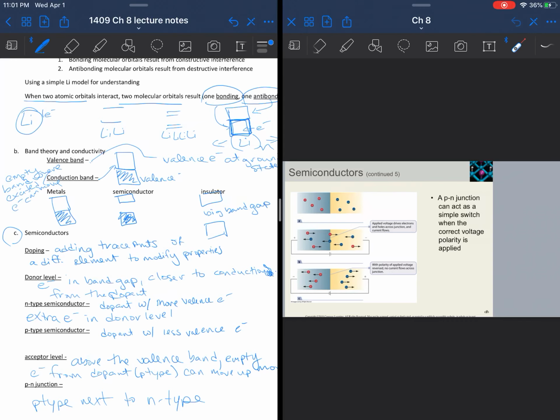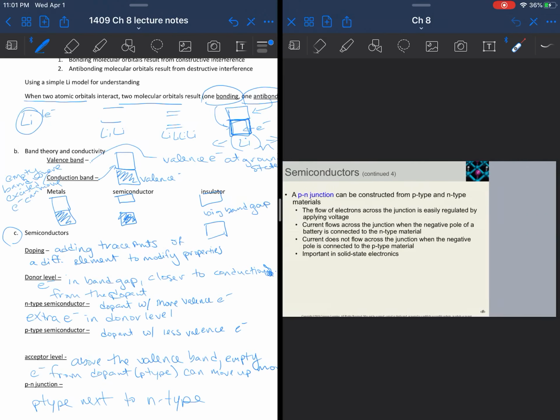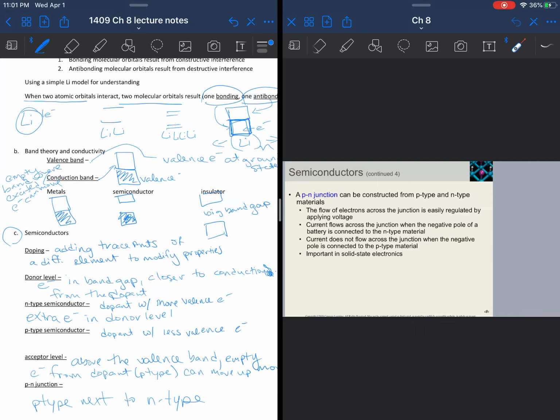So you have a side where there are extra electrons, so there's extra negative charge, and then essentially on the p side you have holes. That's what you're seeing with these plus charges. Remember, we're not adding protons to this. We just have fewer electrons. So that acceptor level is kind of like you have these holes where electrons could go. So if we have these p-types and n-types next to one another,